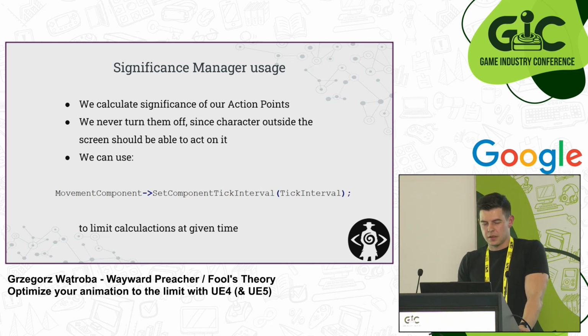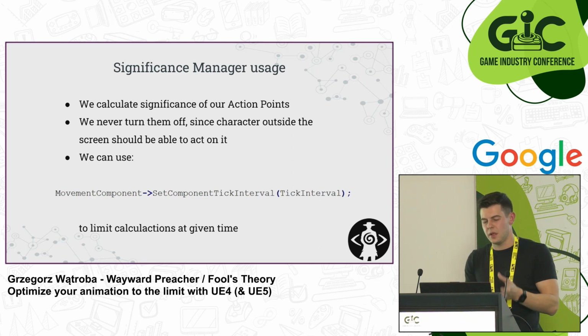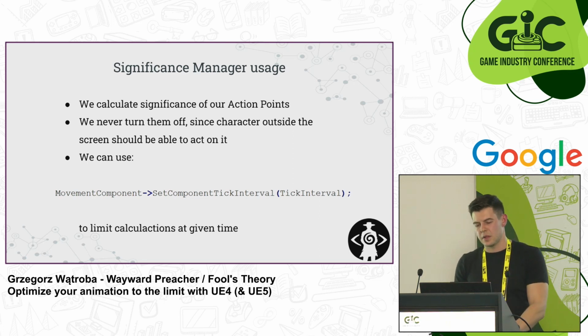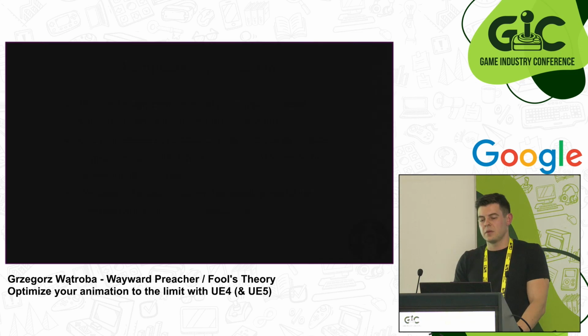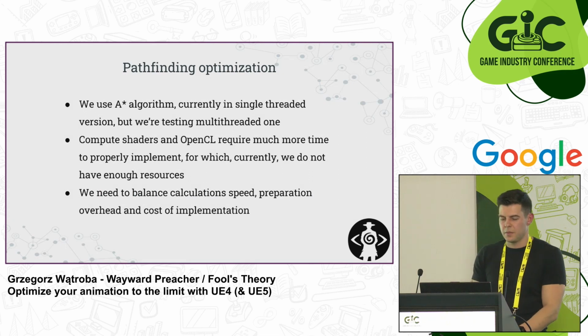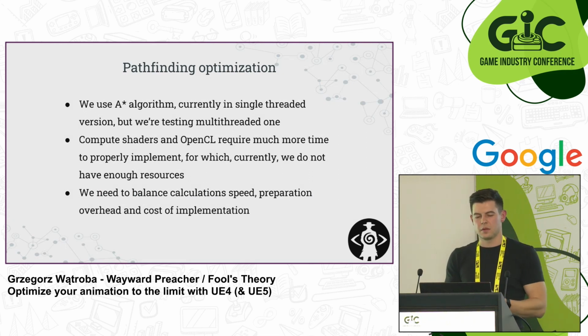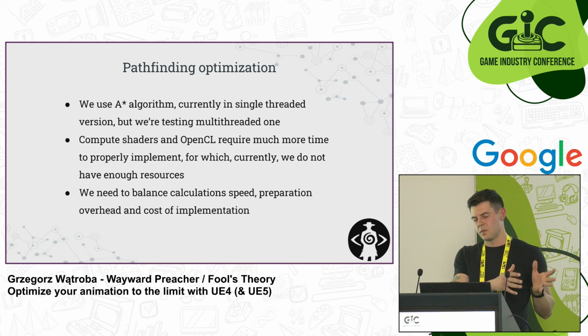And the significance manager here is used for lowering the tick interval, and turning on and off specific elements we don't need at the current moment. So that's why we get some optimization gain here. Also, within the pathfinding, like I said, we do some tests